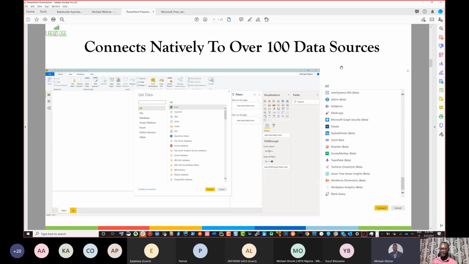I can connect to LinkedIn. I can connect to Exchange. I can connect to the kind of things that we don't think of as data sources. I can connect to my MailChimp, my Twitter account, SharePoint. I can connect to a whole lot of things that ordinarily you don't think of as data sources, right? And the idea is they want you to be able to see in one place